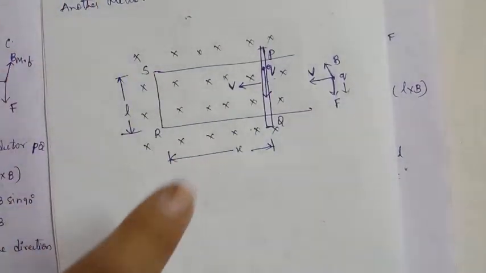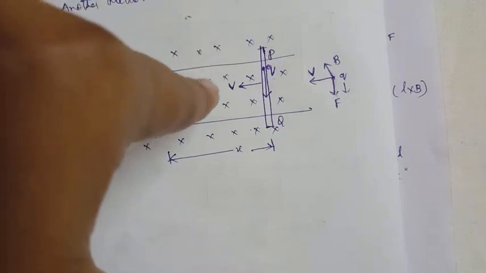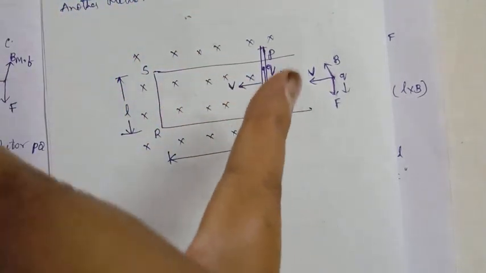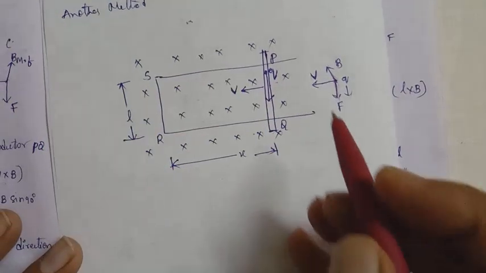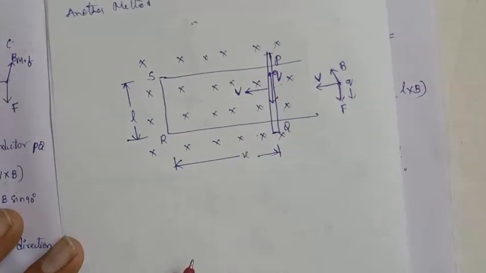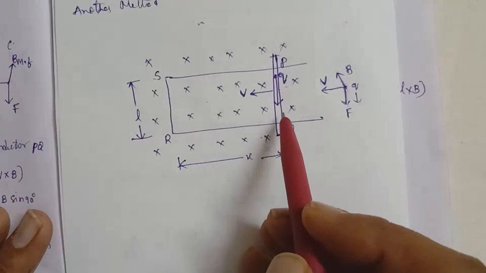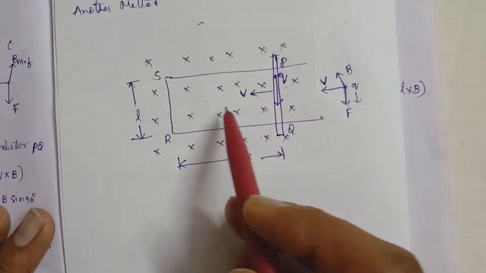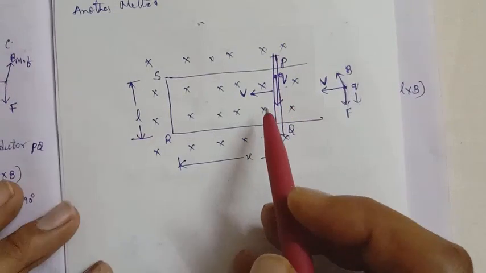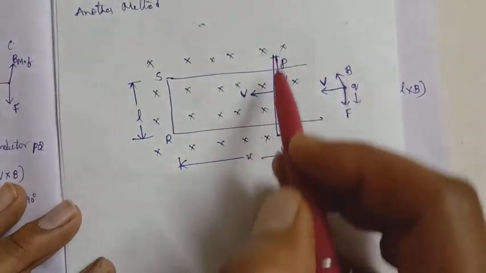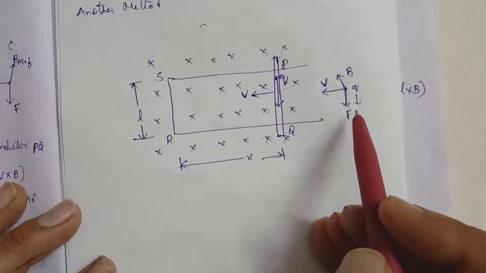Simply, the direction of your forefinger, middle finger, and then what is the thumb direction? It is the downward direction. So the charge will be moving in the downward direction. So this conductor is moving, which means there is a change of magnetic flux, so there is a current. That current will be flowing in the downward direction here.